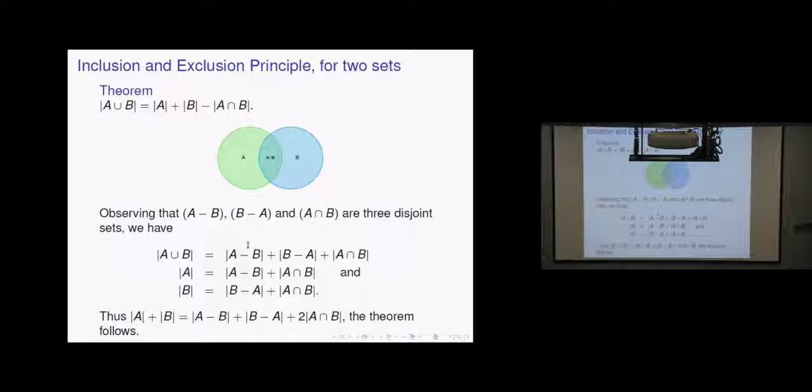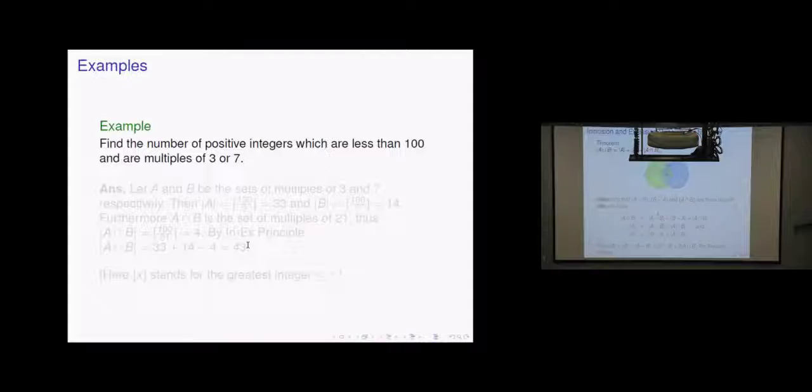Right. Now this is here with an extra copy of A intersect B, so just take it away. Right. So anyway, there's an easy argument to show this is true. Now let's look at an example of applications of this